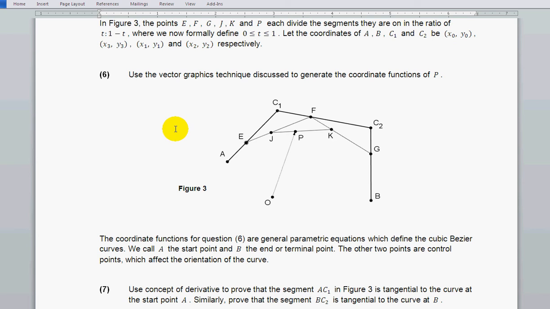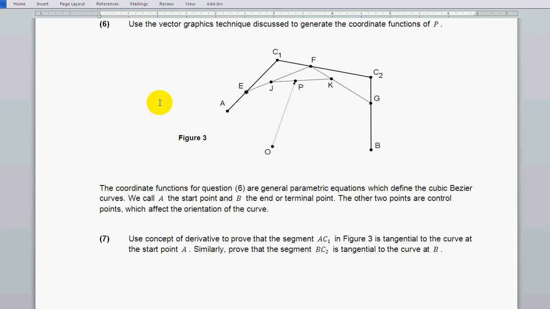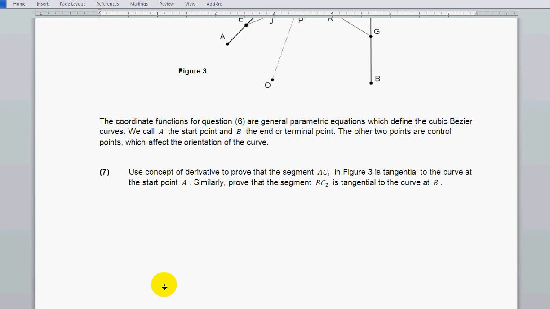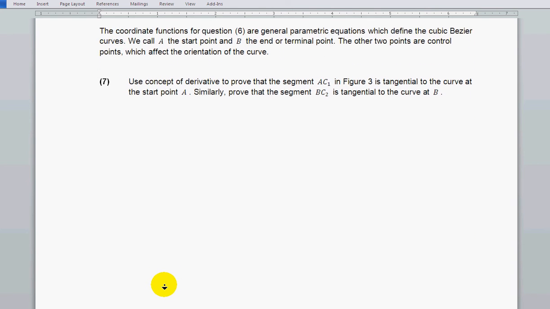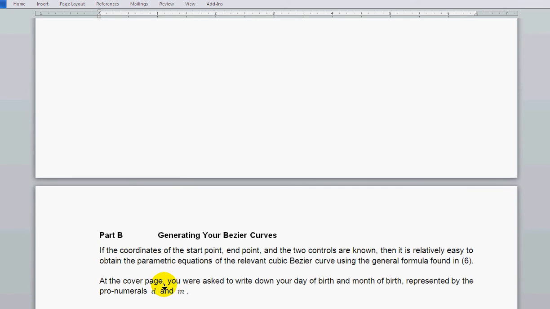Okay, yes, the C also. I mean question 6. Yes, I want you to use vector also. It could be very long if you don't know the pattern, but that's for you to discover. And finally, quite a number of you asked me about this problem 7. Yes, do we have to actually prove this? Yes, it's not really that difficult if you know the trick. So maybe about 3 pages or even 4 pages, whether you type or you write, you should be done by then. And then in part B,